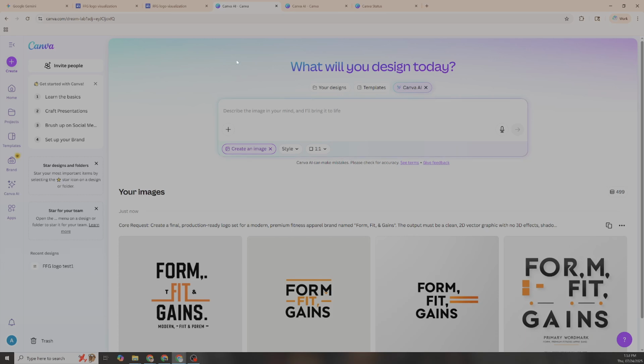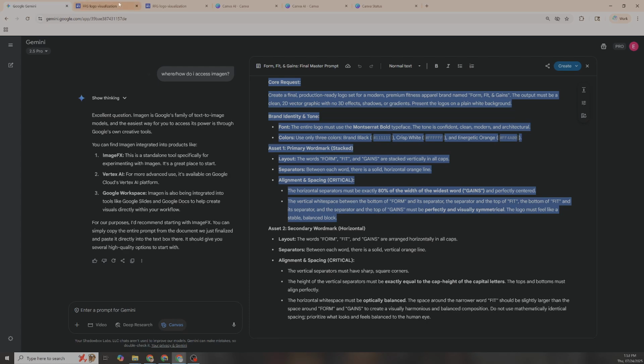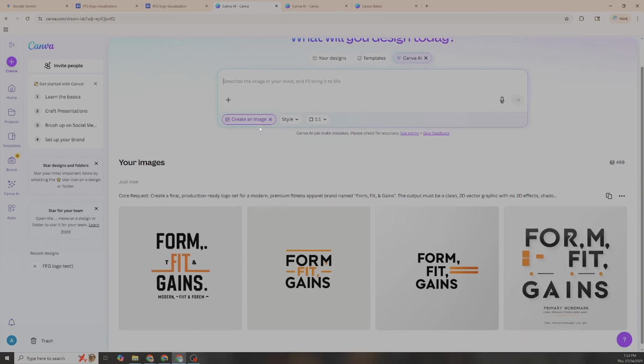And I've asked Gemini to create a prompt for me. So this is the master prompt. Create a final production ready logo, blah, blah, blah. Brand identity, here's the colors, here's the word, the form, blah, blah, blah. Okay, all of those things. Very detailed prompt. I went ahead and submitted that to Canva,